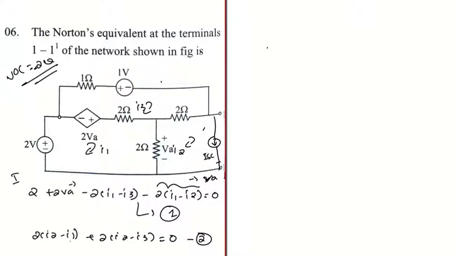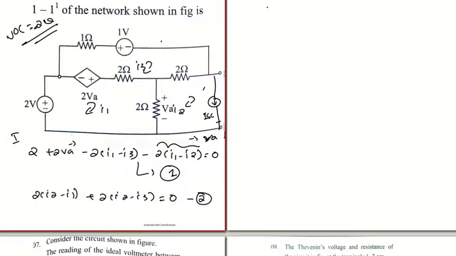So the third mesh equation I get I3 plus 1 plus 2 into I3 minus I2 plus 2 into I3 minus I1 plus 2 VA equal to 0. Solving this equation, I get